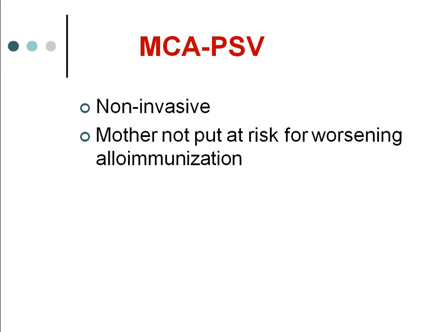So what happens as the baby is developing anemia, the RBCs are being destroyed, so the blood is getting further diluted. Because of the further dilution, the viscosity keeps on decreasing. And because of the decrease in viscosity, the velocity increases. So this is how you find out whether the fetus is affected or not.